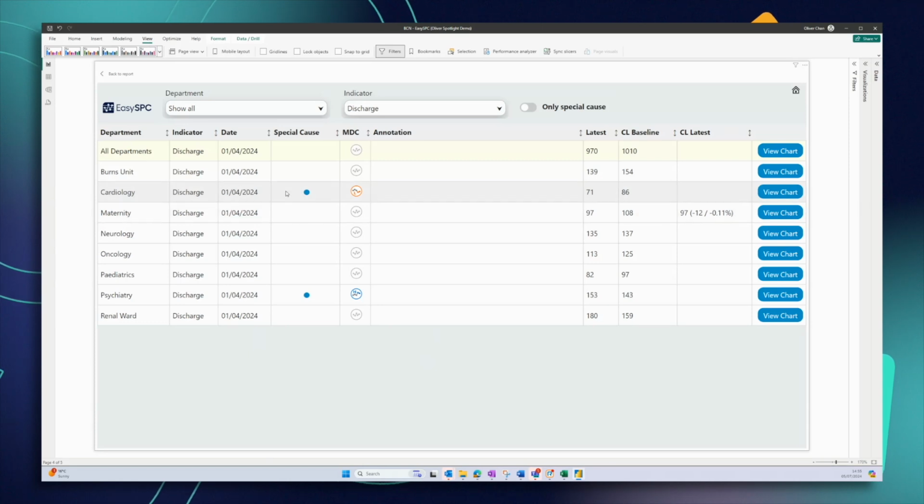So these may be where the person who's in charge and looking after the discharge indicator, as an example, may want to focus in on these particular